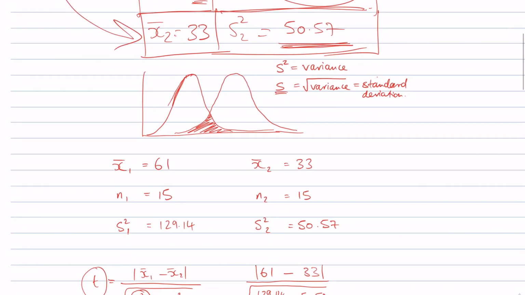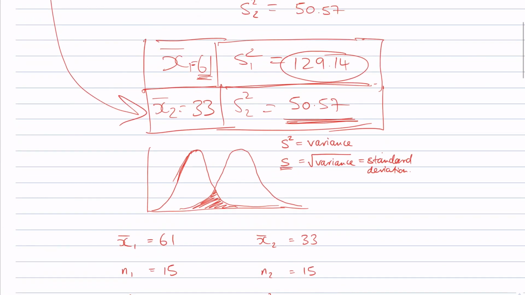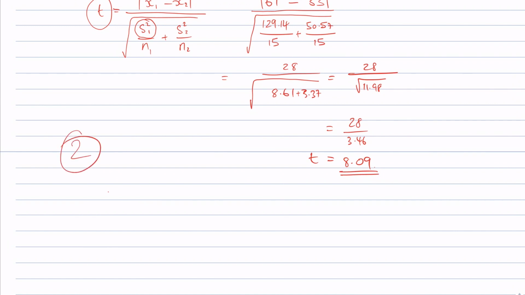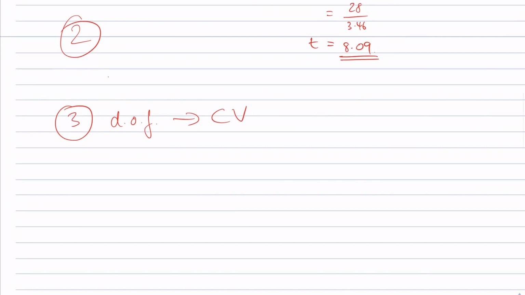Now we've just done our stage 2, which is we've calculated the t-value based on our data. So that's stage 2 complete. And now stage 3 is going to be to work out the degrees of freedom so that we can get our critical value. Okay, now remember that for a t-test, the degrees of freedom is given by the number of